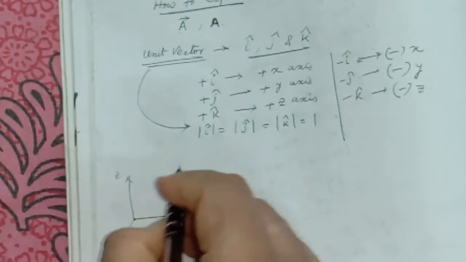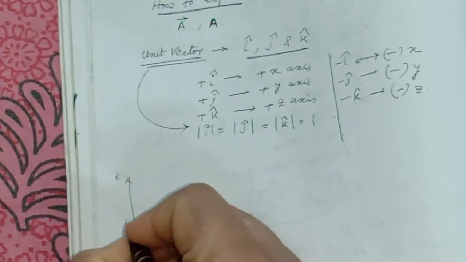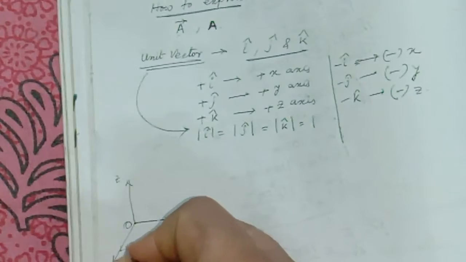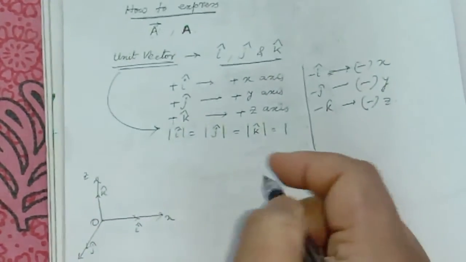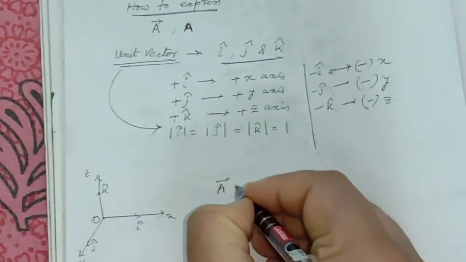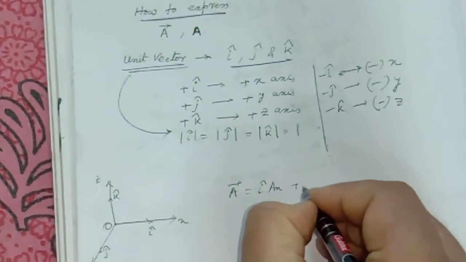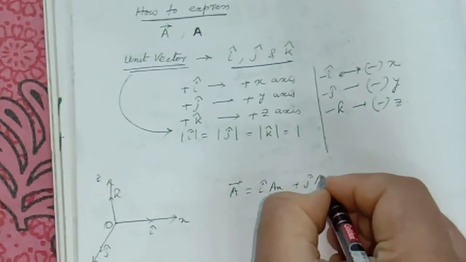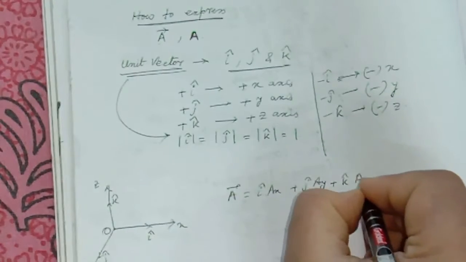Now along this i cap, this is the origin O, this will be j cap, this will be k cap. A vector is written like i cap Ax, j cap Ay, k cap Az,